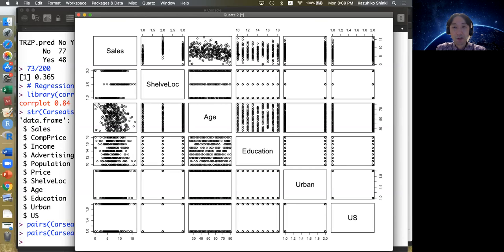And educational level, almost irrelevant. And urban or not urban, maybe too many observations, I cannot really see the tendency. And US or not, maybe US products sell more than other products. Maybe home bias. So if some products are made in a country you don't know, then maybe people don't trust it. Okay, so